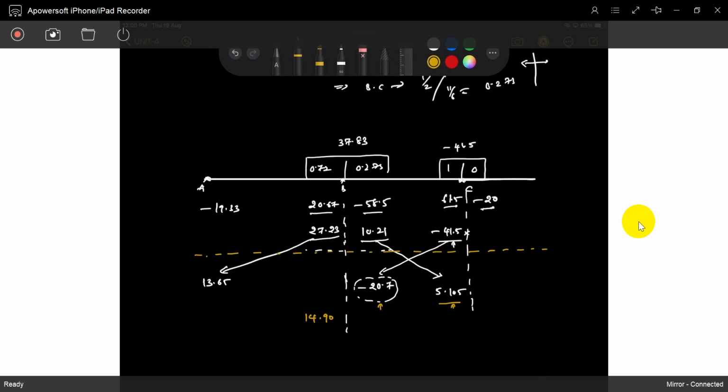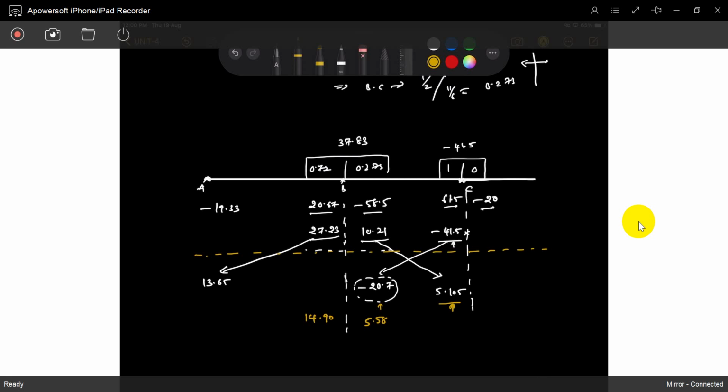That's it. So for this, 20.7 multiplied by 0.27 is 5.5. Now you can see both sides. This unbalanced moment is 20, no? 20 minus 5.8 is 14. So again a 5 is there. 5.105 is the unbalanced moment. So this 5 unbalanced moment you can't...